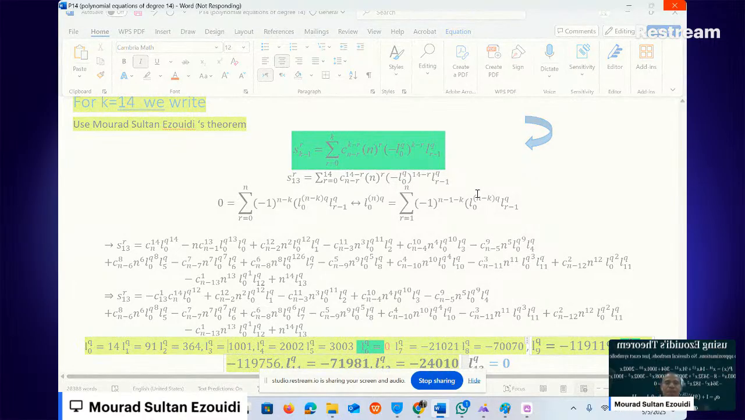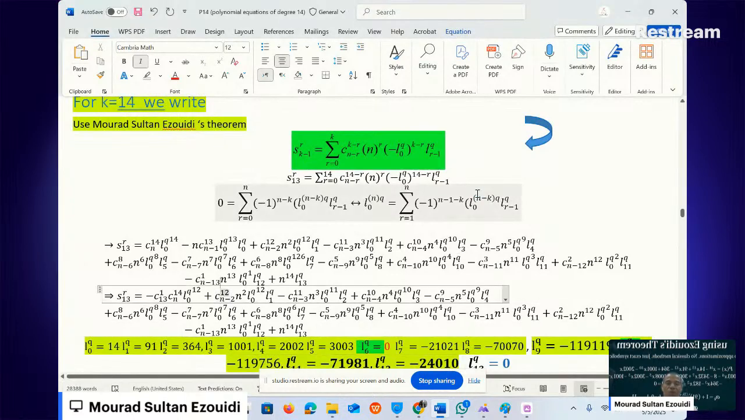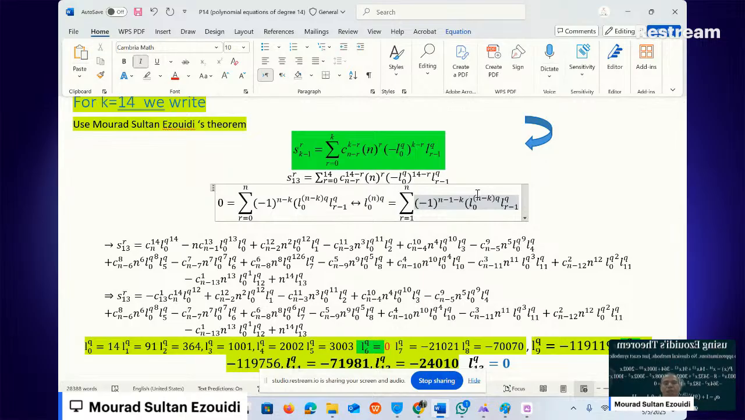It's easy to apply the theorem of Professor Mourad Sultan Ezouidi, and share this formula with your students and in your area so that it will be of benefit. What's needed now is to find the value of S13. This is for k equals 14. I will obtain S13. I will just make an expansion of this binomial coefficient